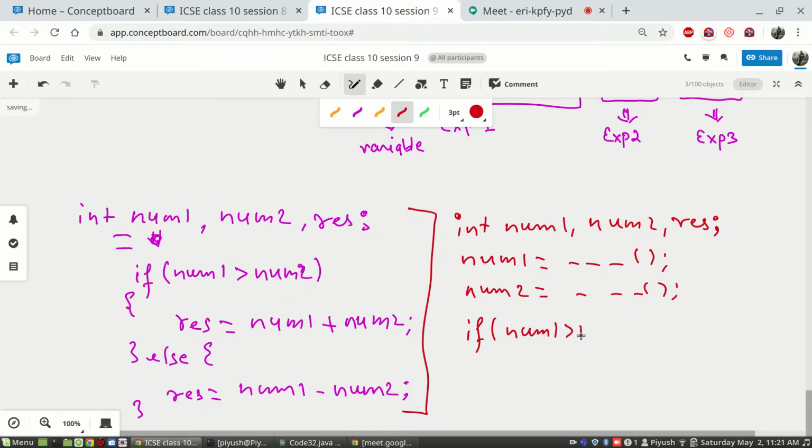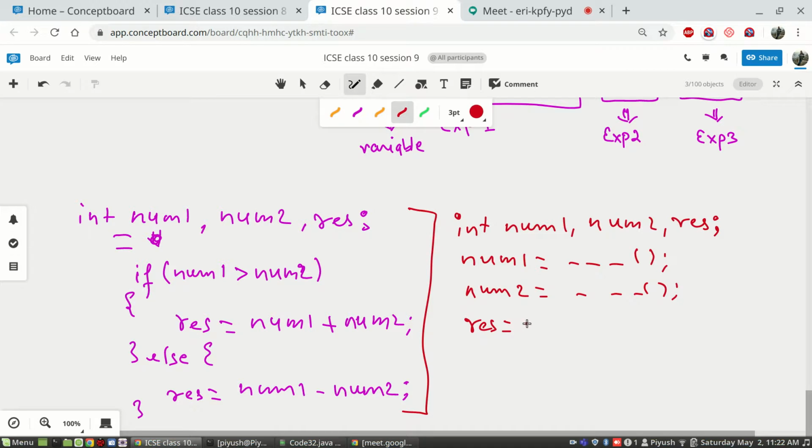num1 is greater than, no, not if, we are writing the ternary version. So in that case the result is the variable where we need to capture the output. We will write result equals, this condition will be expression 1.